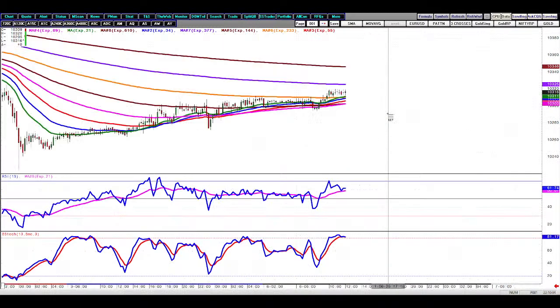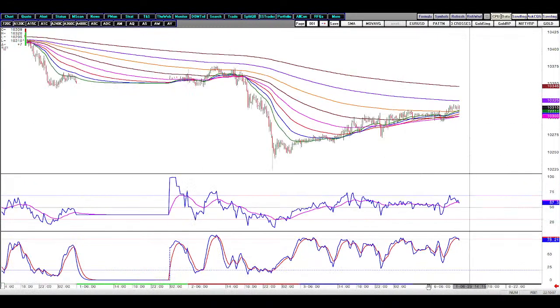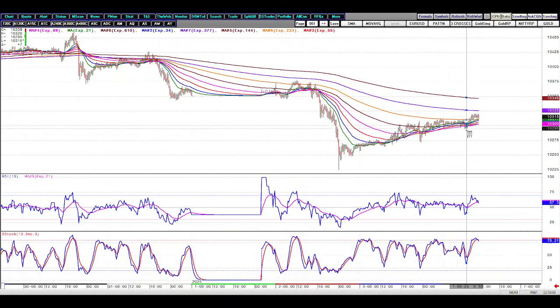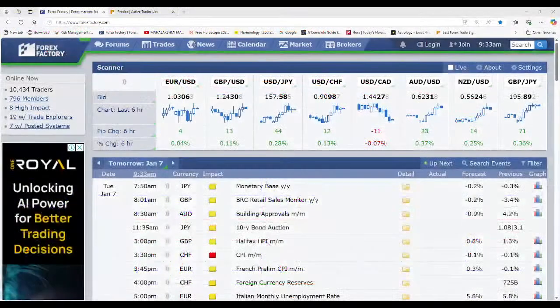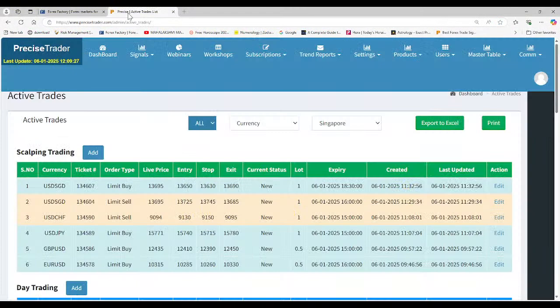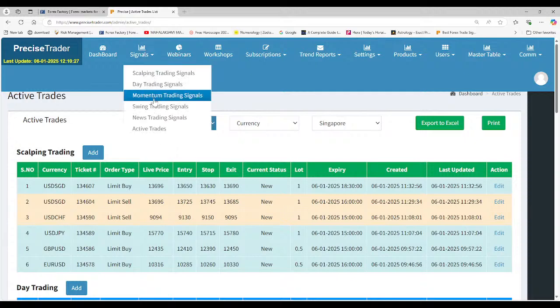Now if you look into this market outlook, we can buy somewhere near 10305 and try to exit before 375 or 340. So these are the two levels of exit, and this level should be for selling and holding. Expect the price to come down. Okay, let's see what signals we have given on the euro dollar.